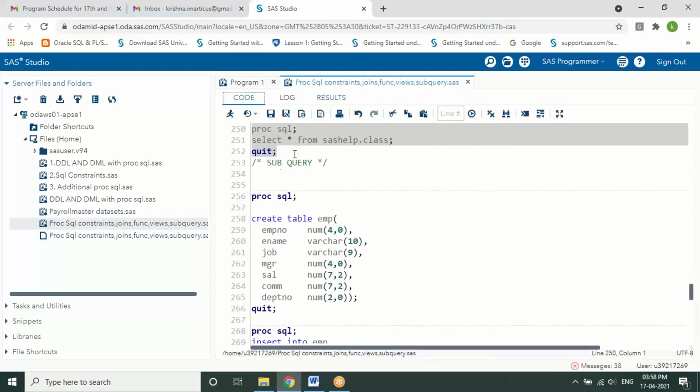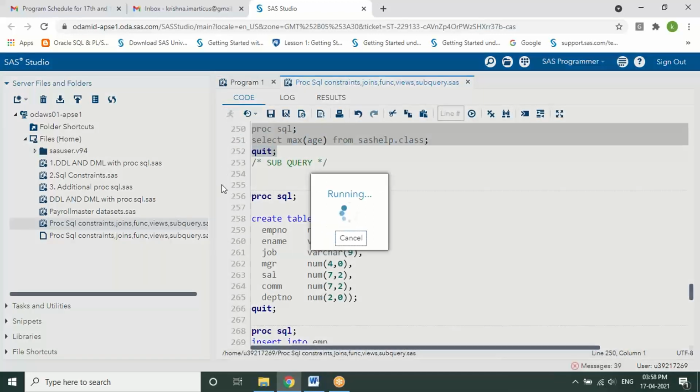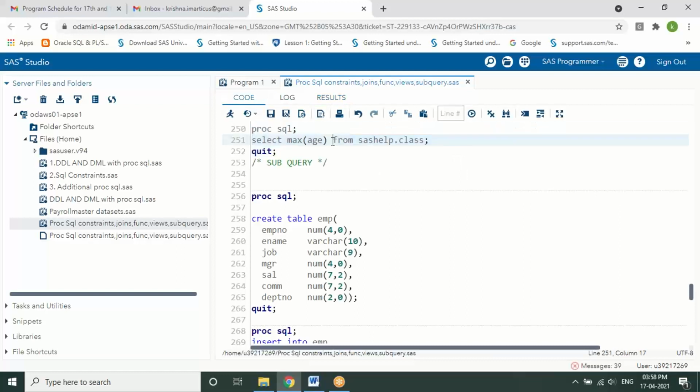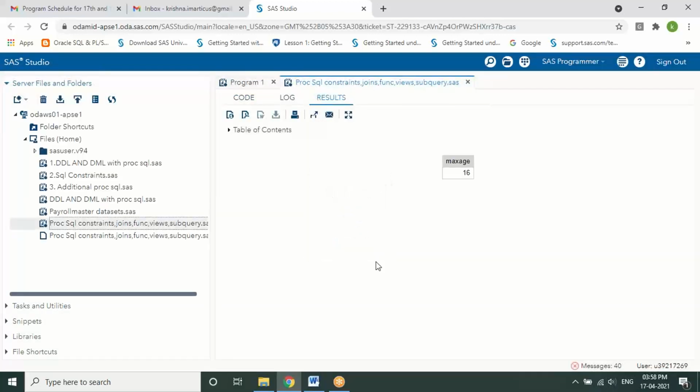Let's say I wanted to find the maximum aged person on this data. So I'm applying select max age from sashelp.class, which will display the maximum age on this data. Let's say I want to give the column a name, max age, and display it. So it is showing the maximum value upon this particular column called age, which is fine.